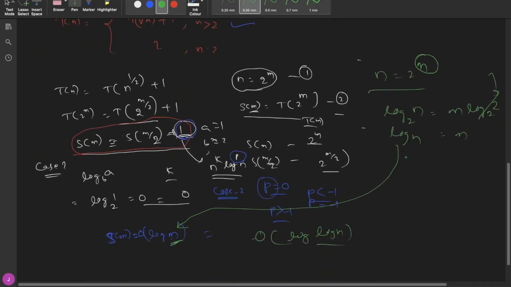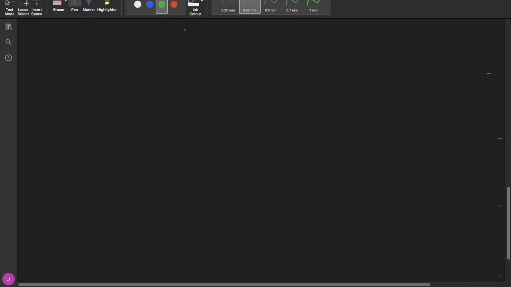So this is the trick. For the first question, this may create some issue, but after that this will be very much easier for you. So let's solve another question on this kind of root function. The second question I am taking, T of n equals 2T of root n plus 1. For that, the first step is to check whether it comes under any kind of equation like dividing functions or decreasing functions. No, because here root n is there, it is not satisfying the normal master theorem, so we have to reform it. We have to change it to the normal dividing function.